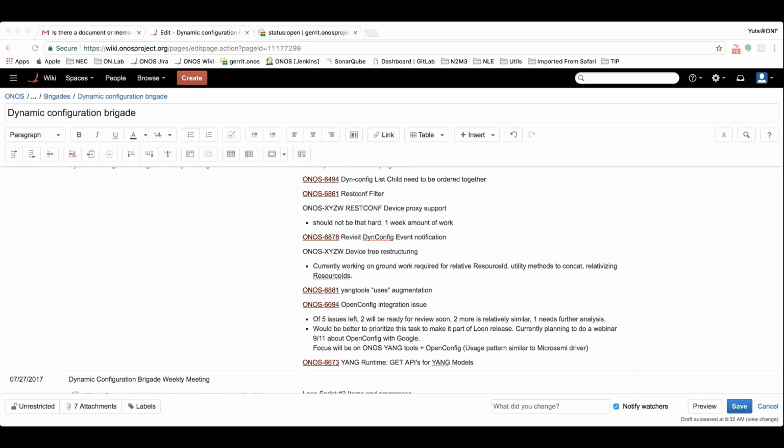I'd like to use dynamic config to store my data, but the client application that creates or wants to retrieve the data is not necessarily sitting in the same microservice instance as dynamic config.